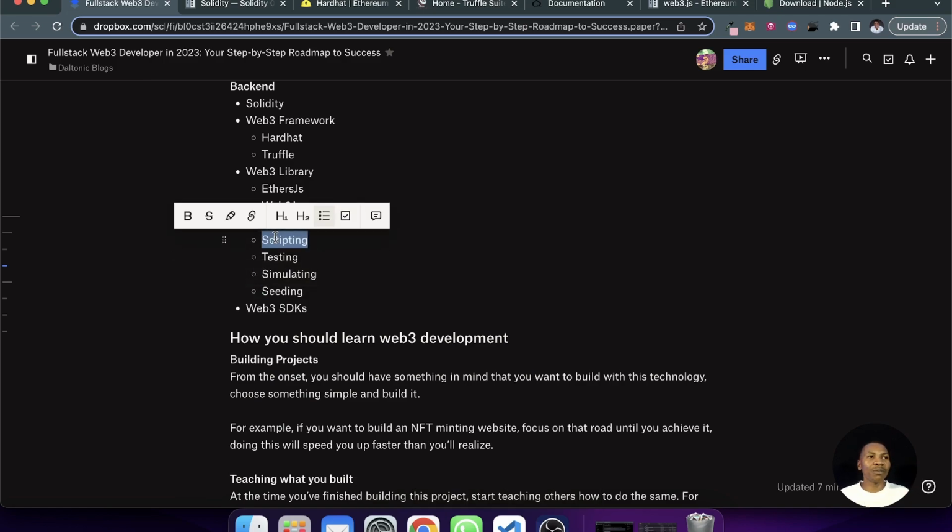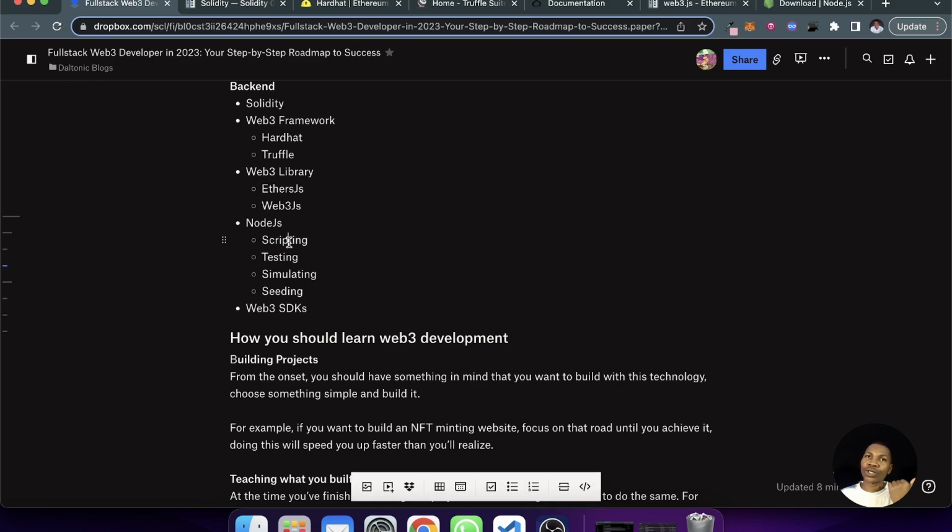What is scripting? Scripting is basically the software logic that helps you to perform certain tasks on your smart contract, such as being able to interact with it without using a front-end framework such as React. So you can use a script to interact with your smart contract that is on the chain. So you need to know how to script with Node.js. It's quite important, and I've actually written some videos showing you how to use Node.js